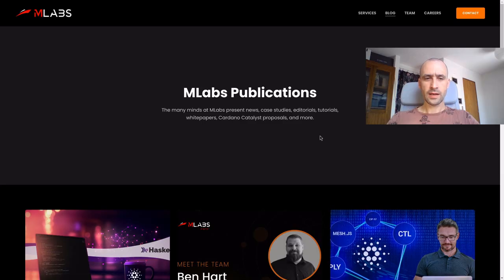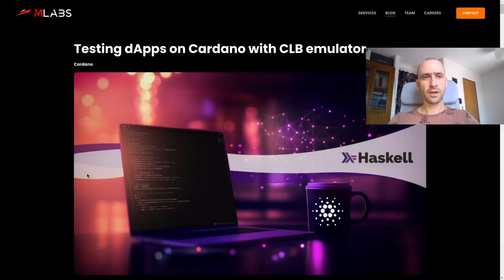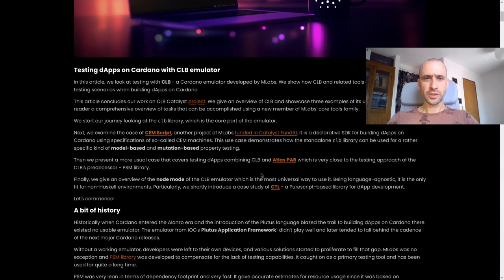You can find more information about CLB in several sources. First of all, I suggest reading an article on testing D-apps on Cardano with CLB emulator. You can find the link below the video on MLab's website. This article talks about different approaches one can use when testing D-apps, and mostly it talks about CEM script project, but also it covers the case of using CLB together with Atlas PAB, as well as accessing CLB from non-Haskell